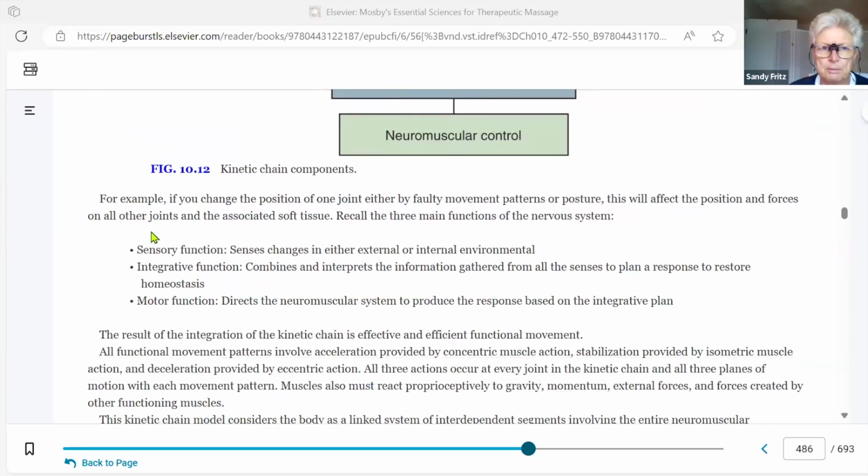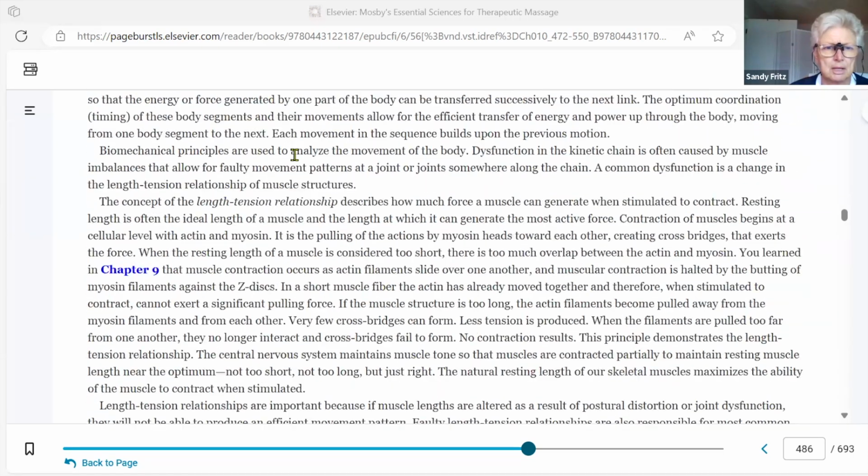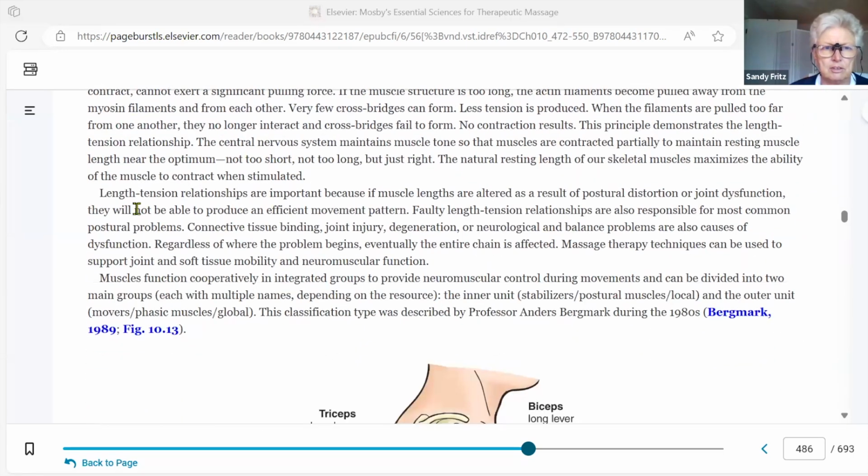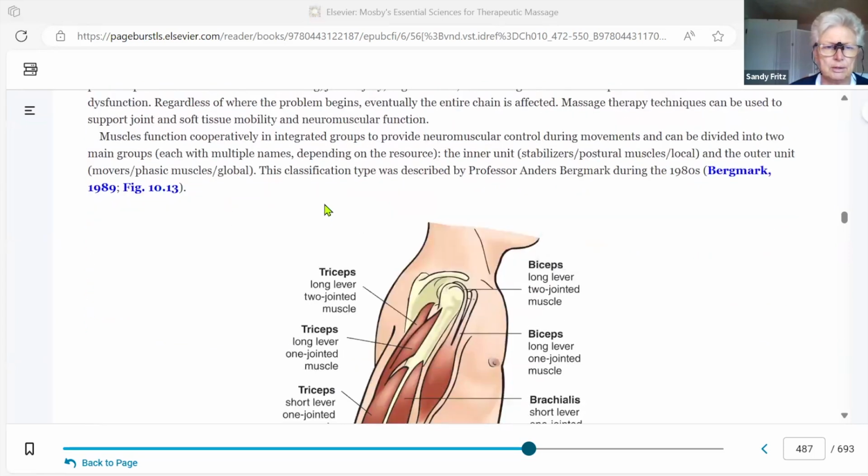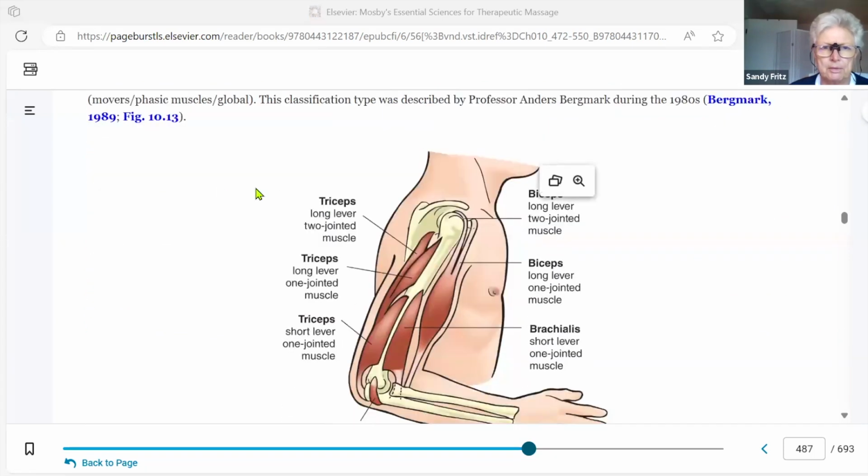This is a reminder of the sensory function, the integrative function, and the motor function. This is the nervous system. And the tension-length relationship becomes a player in through here. The concept of a one-jointed muscle and a two-jointed muscle: structures that cross two joints or go from a joint